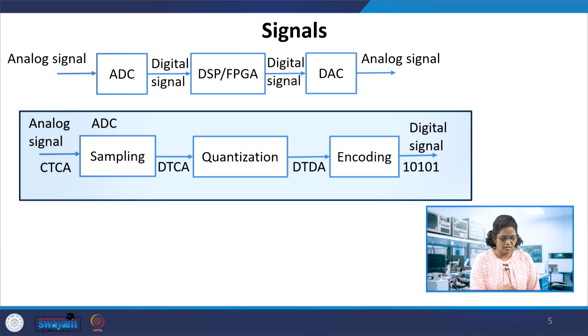Now, what is the ADC component? What are the components in the ADC and what are the components in the DAC? So what is this digital signal? Okay, so the analog signal, continuous in time and continuous in amplitude, is passed through the ADC. So the ADC has 3 different blocks. You can say they can be outside the ADC, or all of them are part of this analog to digital conversion. So first is the sampling. The sampler is just a switch, it closes and opens at a certain interval specified as the sampling time of the given signal. So you get the collected samples at certain points. So this is discrete in time and continuous in amplitude.